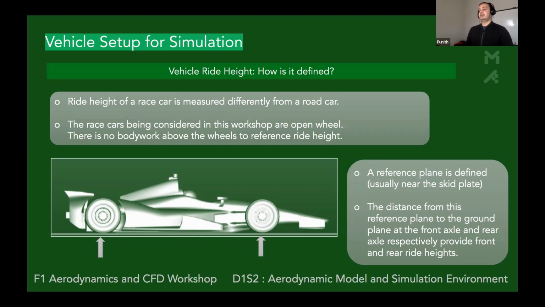Then the next step for me in this thought process is, because you're already thinking about creating the domain, you need to be thinking about the contact patch and all that. All of that is tied into the attitude of the car as well. So the ride height at which the car is sitting, and that is complex because that's completely dependent on what you're trying to simulate. And for an F1 car, for a race car, you want to simulate a lot of different conditions,